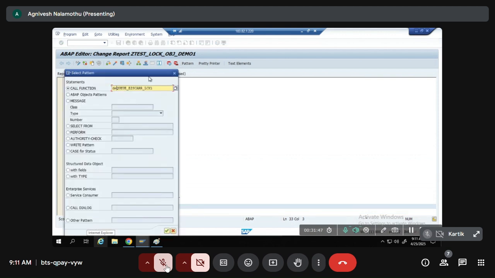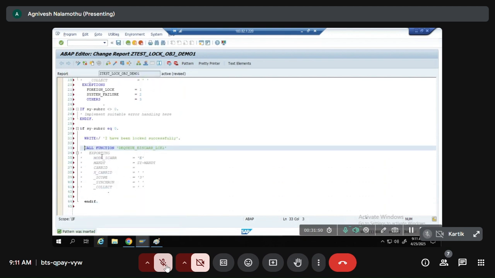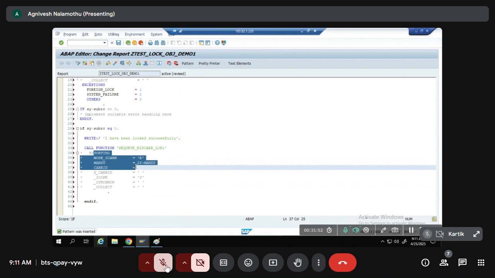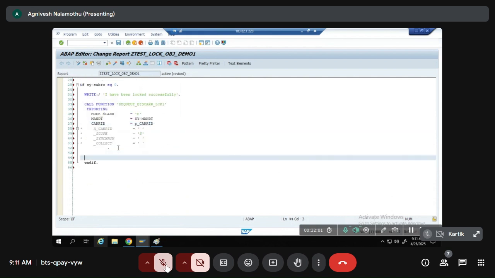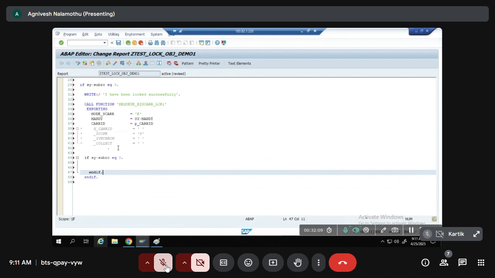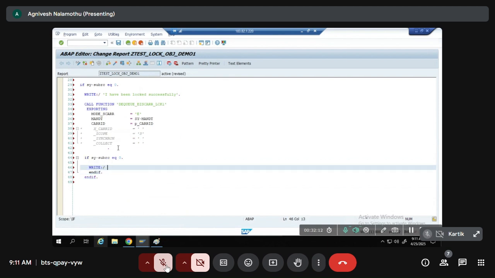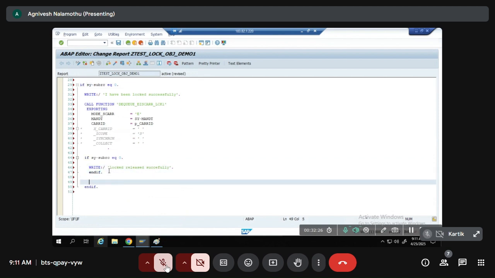In the DEQUEUE function module, the same thing. Let me release this lock. Now here I will write a message: if sy-subrc equals 0, then the message is lock released successfully. Now, for the else part,